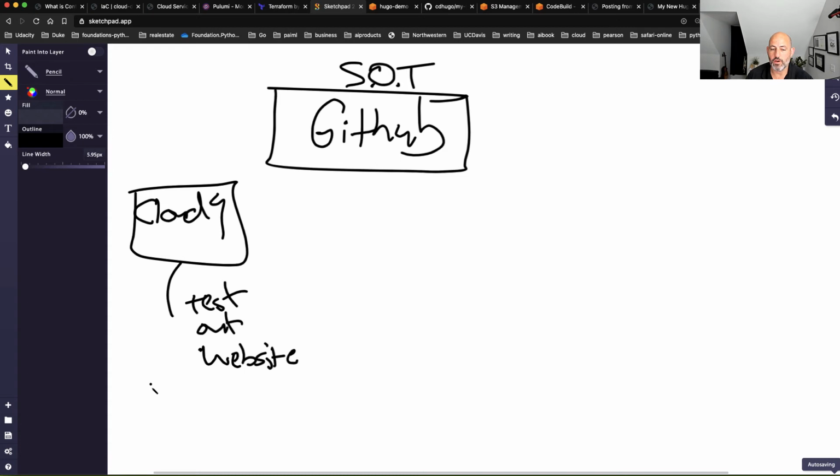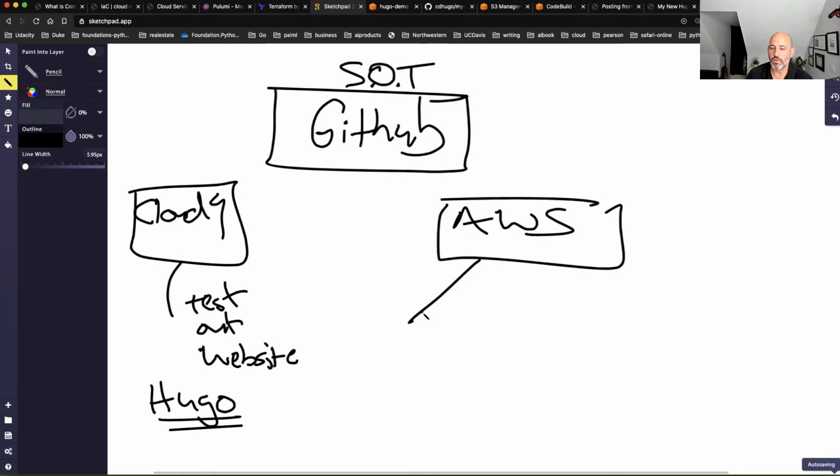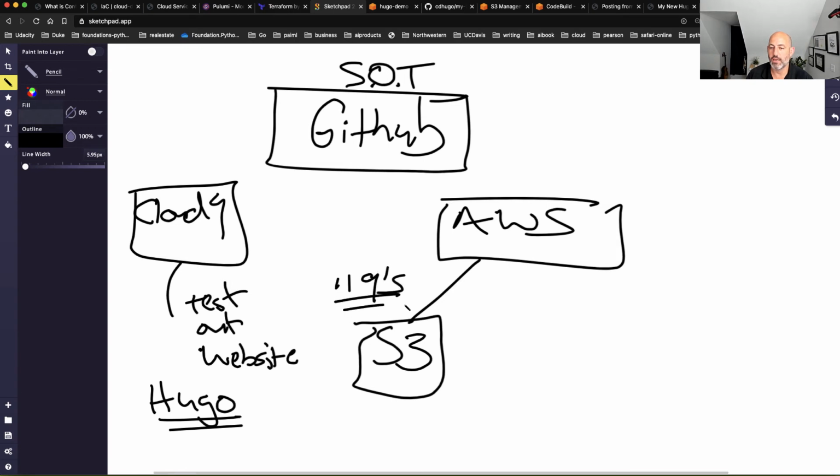We used Hugo because Hugo is just super fast. It's written in Go. And then in AWS, we had two things that we interacted with. First one was S3, and S3 is this object storage system that has 11 nines reliability. So basically, it never goes down. This thing can run forever and ever. And what's awesome about this is that this S3 site can also serve out websites, right? And so this would be a web property here.